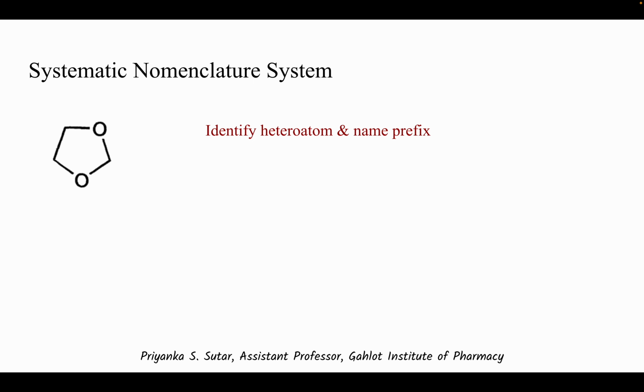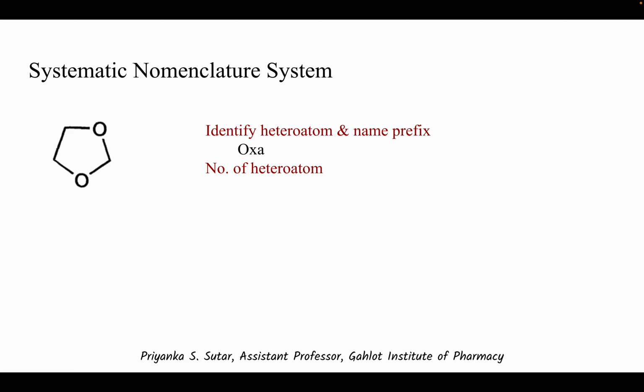So prefix indicates what? Heteroatom. So you have to identify what is the heteroatom, so you can write the answer. What is the name of the heteroatom? For that you need to refer table number 1. So if you have written a table number 1, refer the table number 1. So the heteroatom present in this heterocyclic structure is oxygen, and as per table number 1, name of the prefix is oxa,